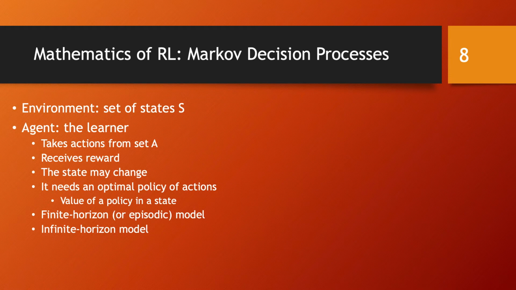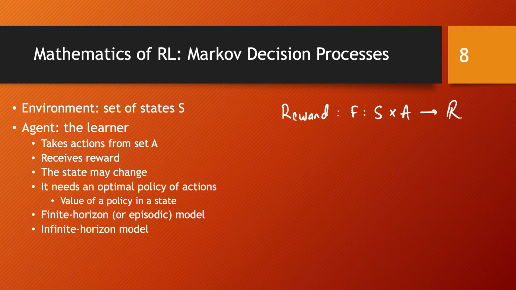And as a result of this action he takes, he will receive a reward. And the reward is modeled as a function that depends on the state that it is in and the action it took, and it takes value in the real numbers. So being in state S and taking action A, as a result of that you got a reward which is the result of this function f.